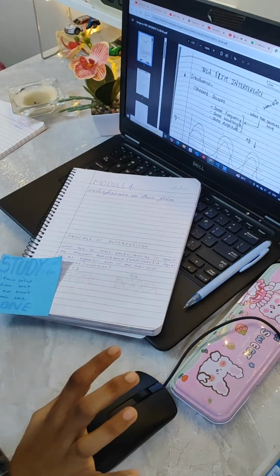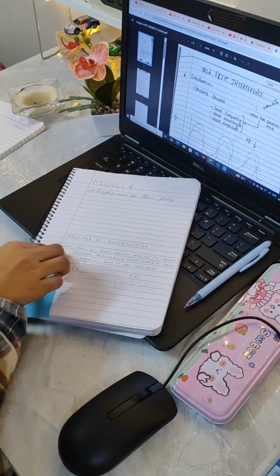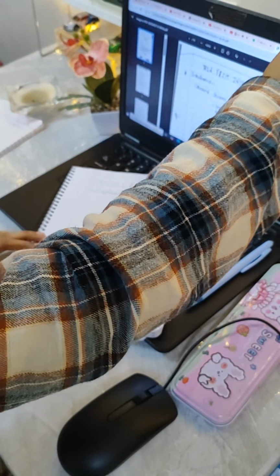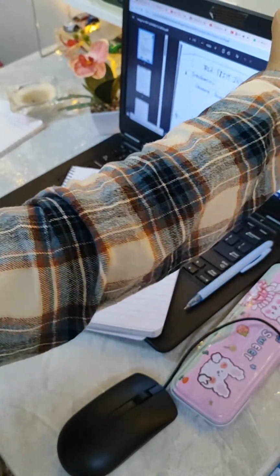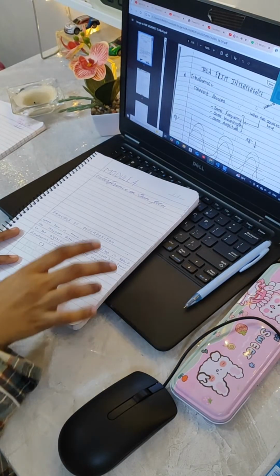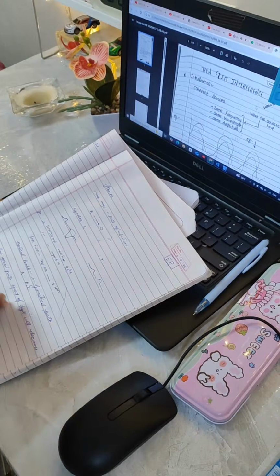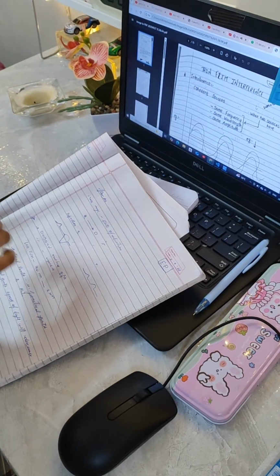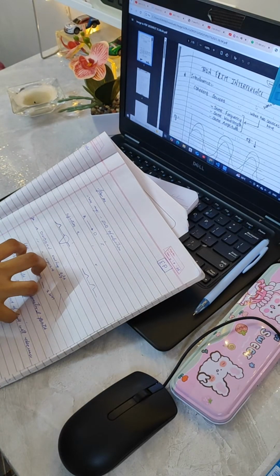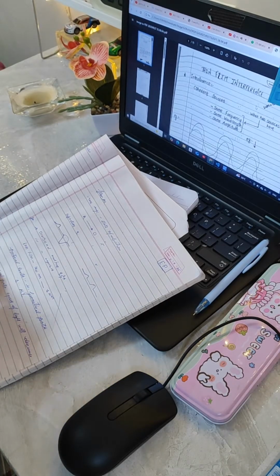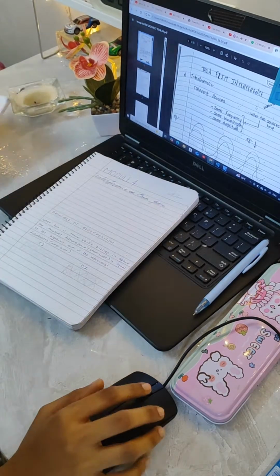But these are the notes that I'm copying. It's from a classmate. But yeah, let's get started. I have my own notes, but as you can see, very little. But these are the main topics, I'm sure of that. So from her notes, I'm going to copy these particular topics.